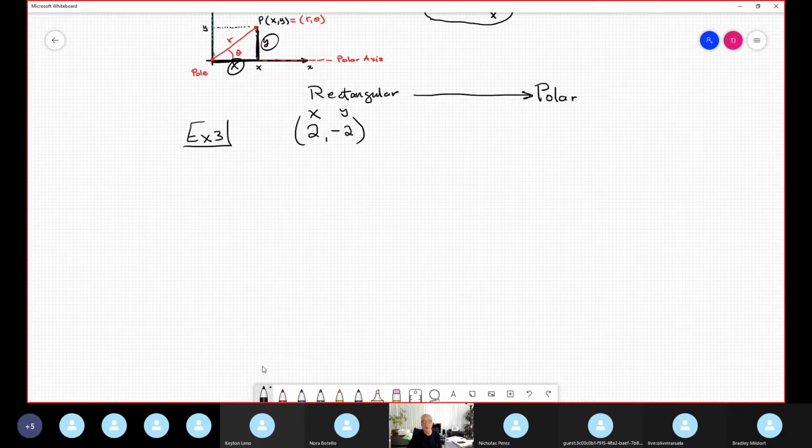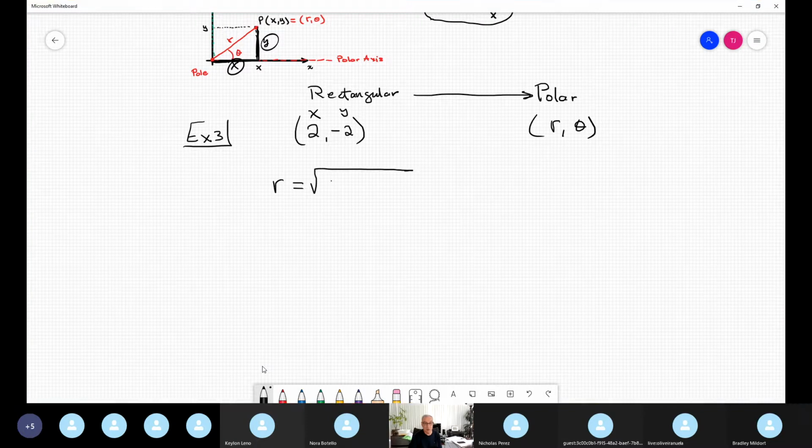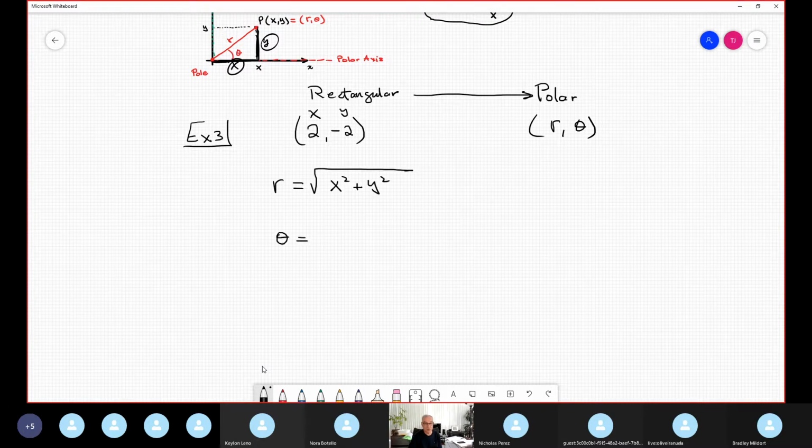And polar, remember, I need to find R and theta. And the formula is easy. The formula is R is equal to square root of X squared plus Y squared, and theta is tangent inverse of Y over X. Okay, it's the square root of 2 squared plus negative 2 squared